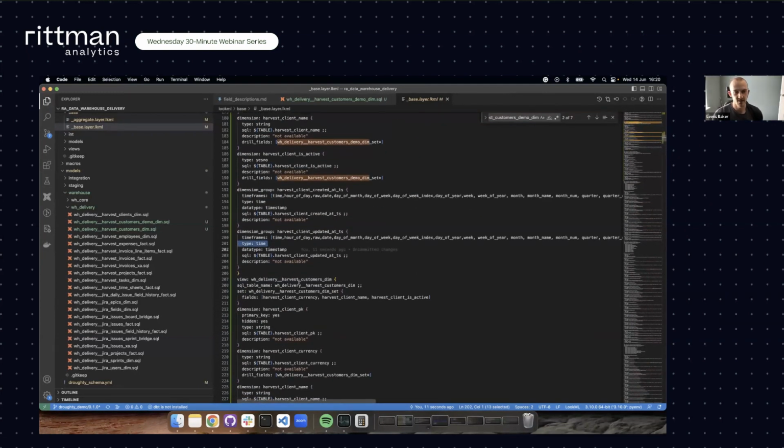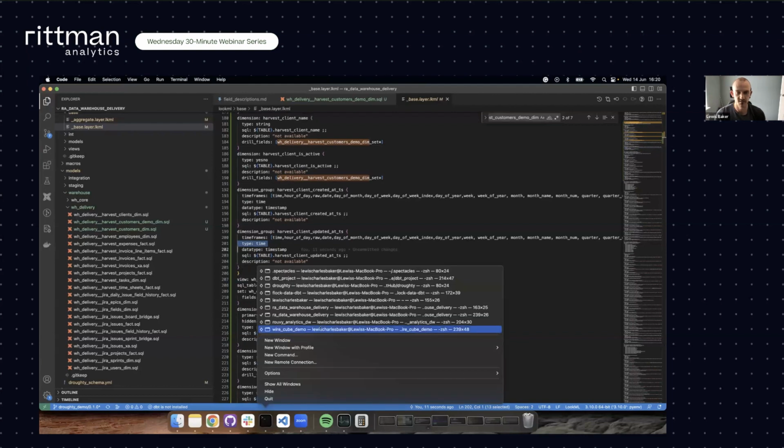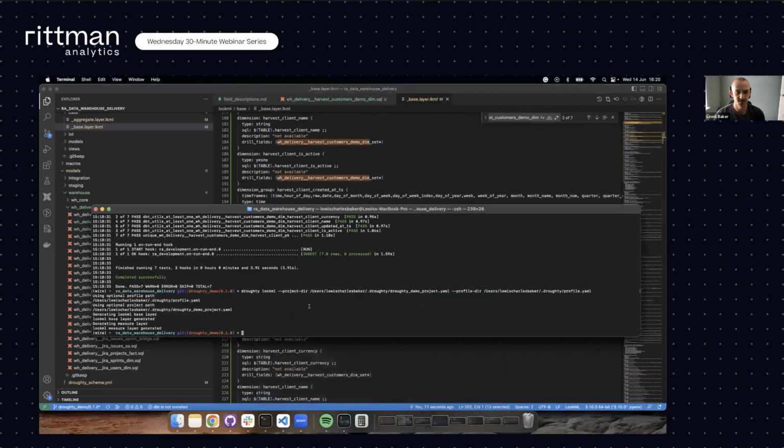So already in the brief time that we've been using this, as we've introduced this new model, we've made sure that it matches our testing assumptions. And in addition to that, once we've approved that and it looks good to us, we're bringing it through into our semantic layer. Now, if you were using multiple semantic layers, you could equally do this for